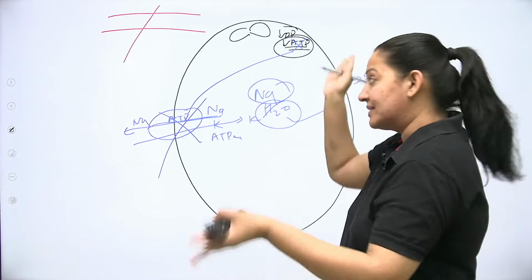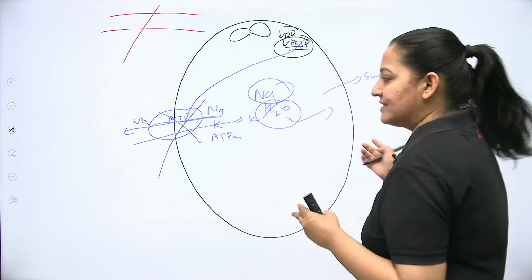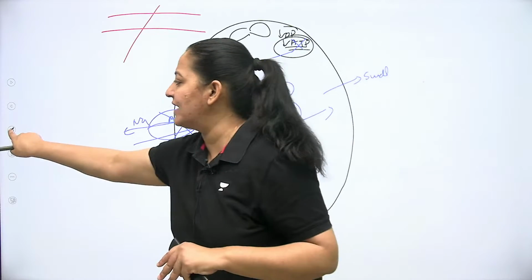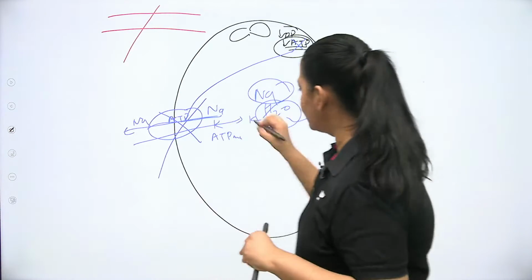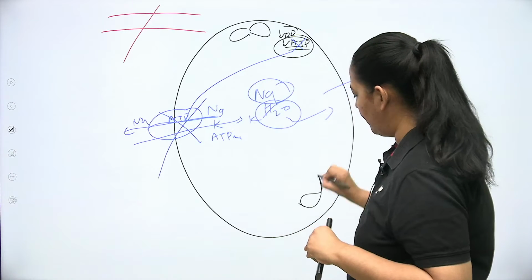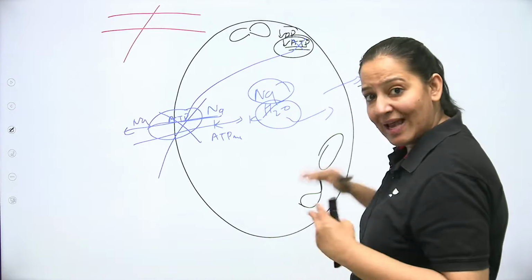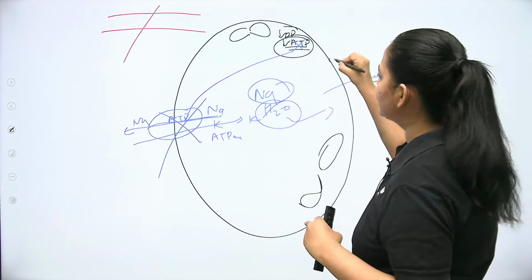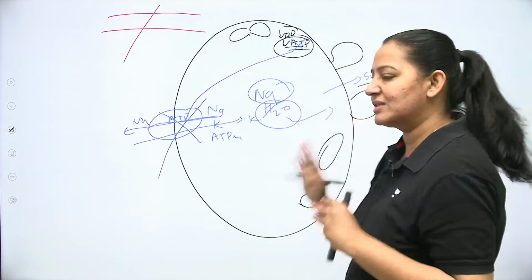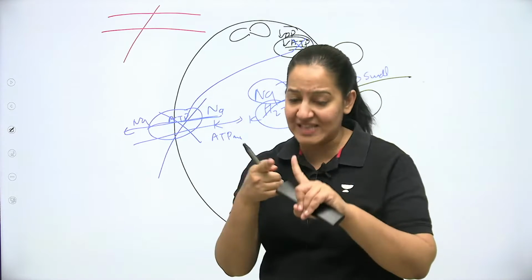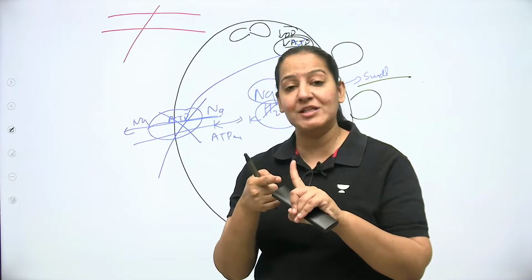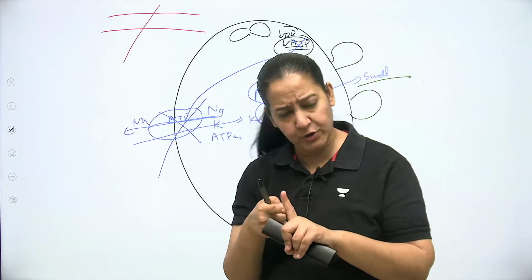Not only will the cell swell, the cell organelles inside it, that is endoplasmic reticulum, mitochondria, lysosome, will also swell. So the cell swells, the organelles swell, and because of this the cell surface will also have blebs. This is the first mechanism by which we have cell swelling, endoplasmic reticulum swelling, mitochondria swelling,